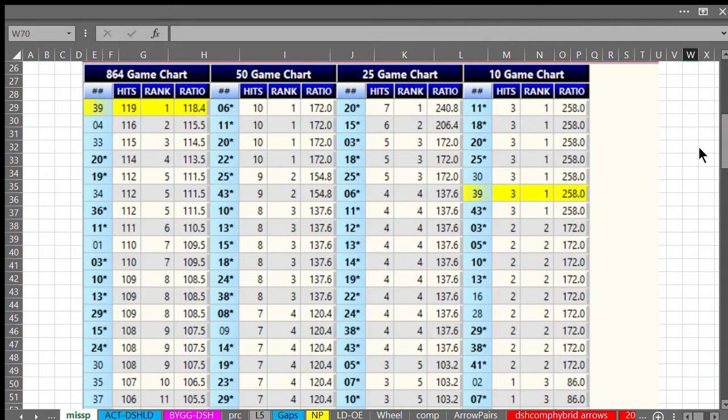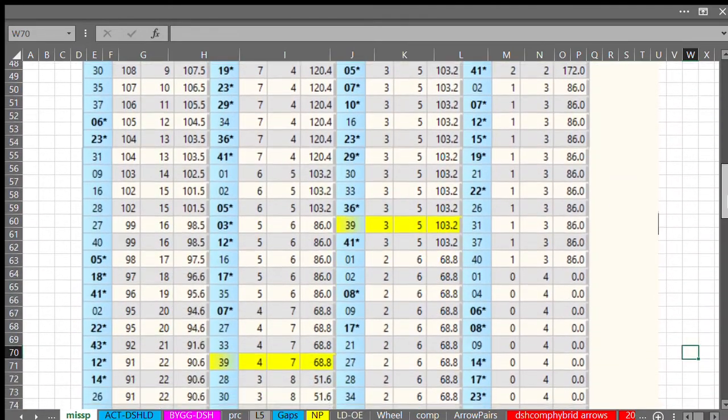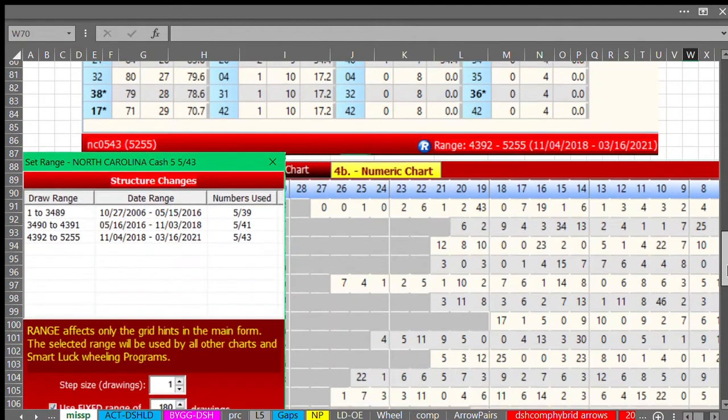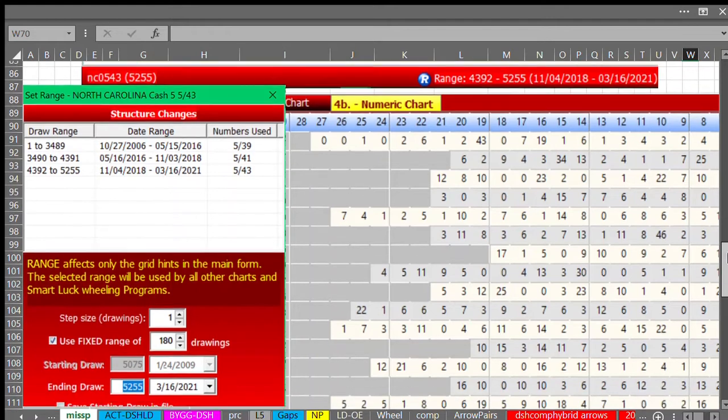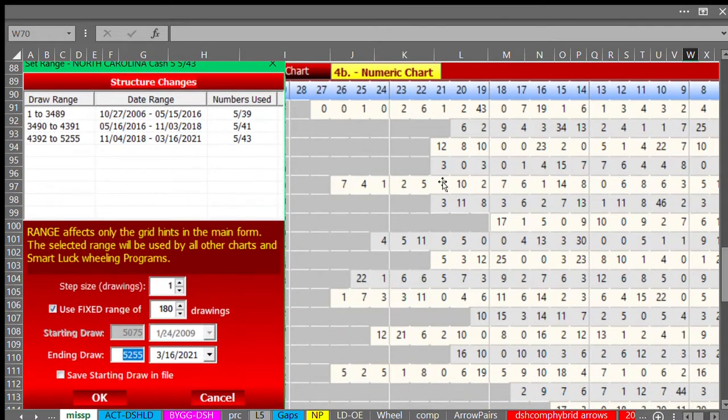Okay, so after looking at the hit charts, when I find the number, I look at the 4B. So I printed out the 4B, and I'm going to mark it, and I'll look at the patterns much deeper later. But I did the snipping of the 4B, so I put the 4B down here. Now, when I do the 4B, I generally like to put the range, depending on the game. I put the range for 180 games because you can see when you have the more time, when the range is